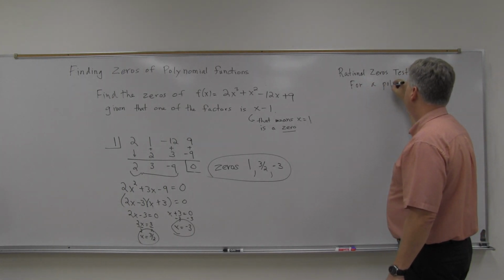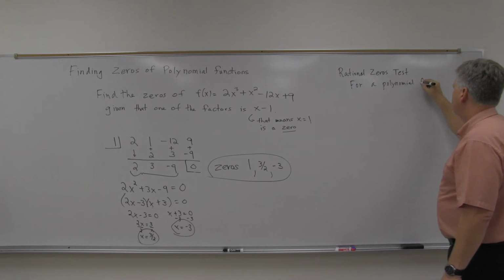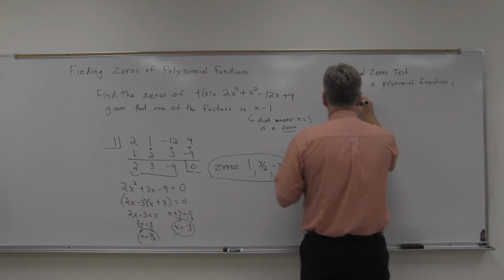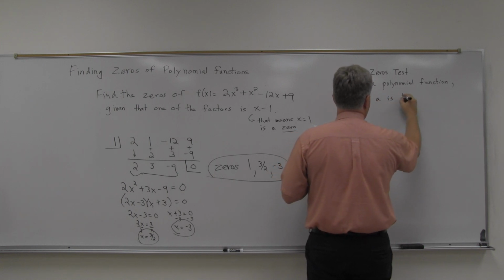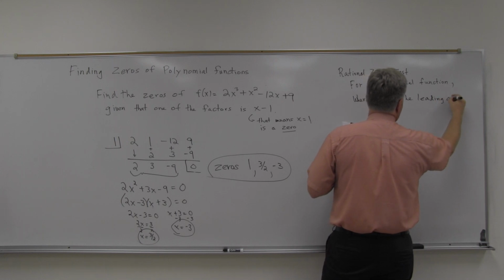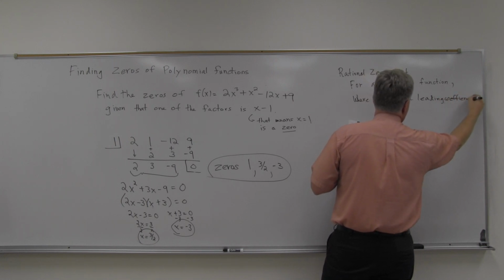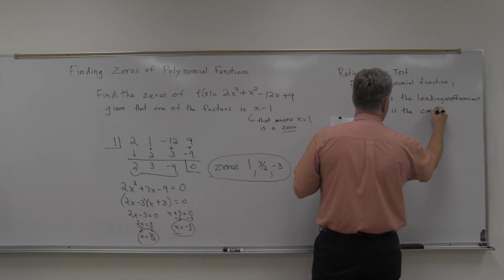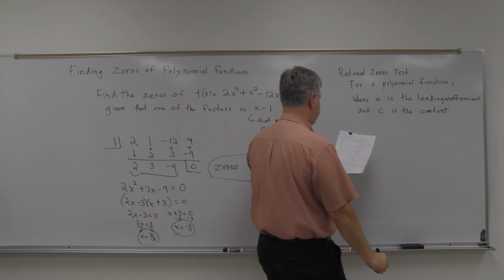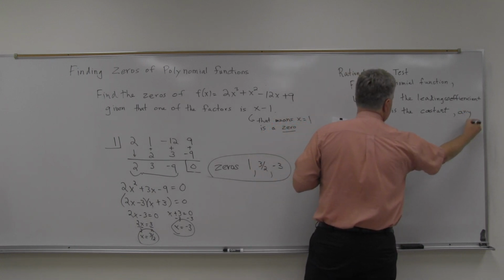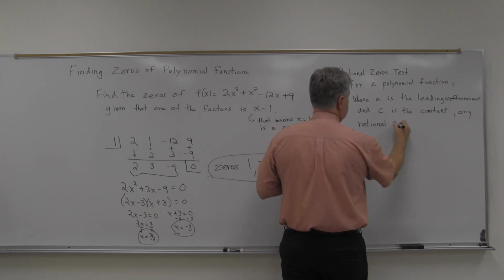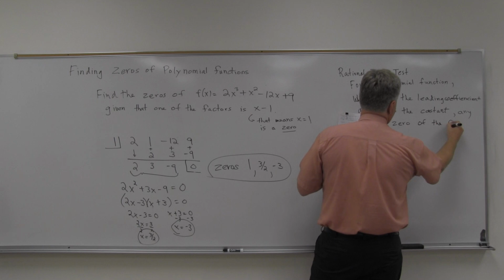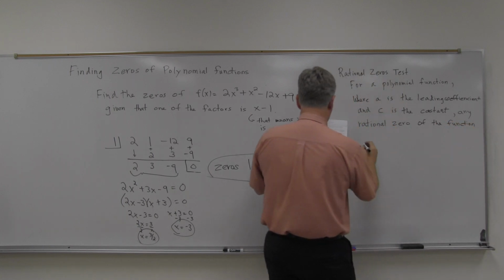For a polynomial function, where a is the leading coefficient, and c is the constant, any rational zero of the function will be of the form